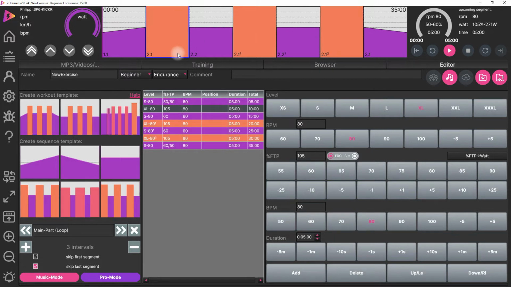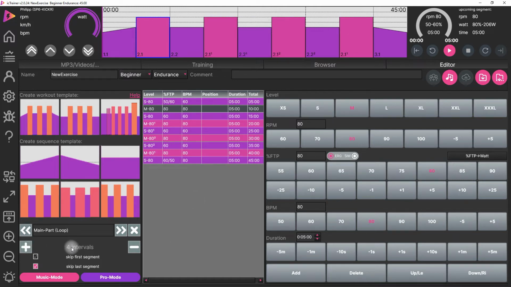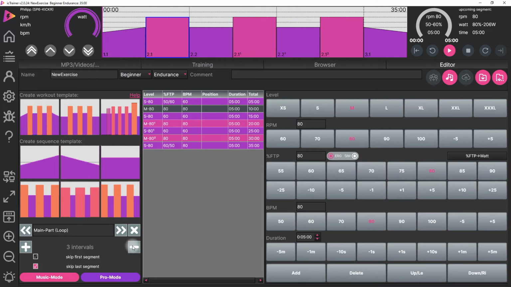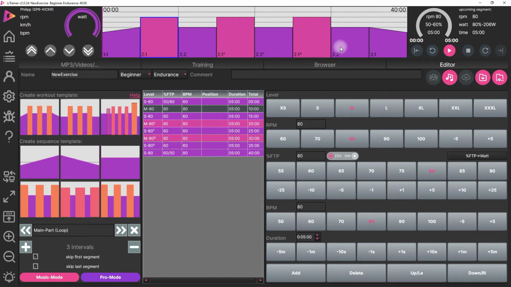looping segments. So you see here 2.1, 2.1, 2.2, 2.1, 2.2, 2.1. This means if I change this one, it's changed for all repetitions also. And I can also add additional repetitions, or I can remove them. That's very helpful. And here, as I have checked skip last segment, this means the last segment of the repetition